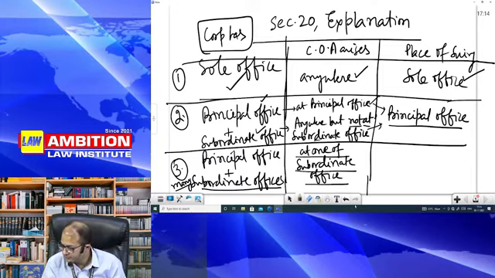Now then there is a third situation, where a corporation has a principal office